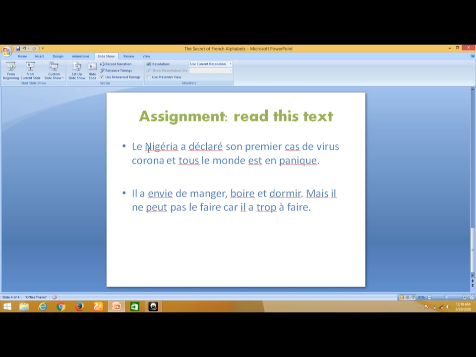So le, ni. You know, this is E in French, it's not I. So that's why we have N and E. It becomes what? Ni. So le, ni. This is A. It has accent that comes like this. So it is A. We have le, ni, je. We have R and E. It becomes ri. And we have A. Le, ni, je, ria. We have A again. Le, Nigeria, A. Can you see?